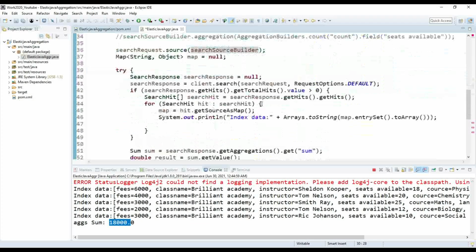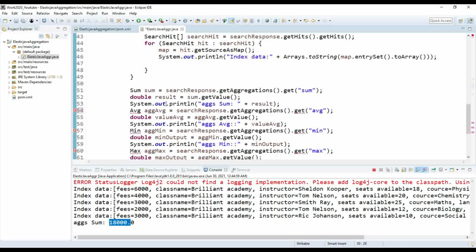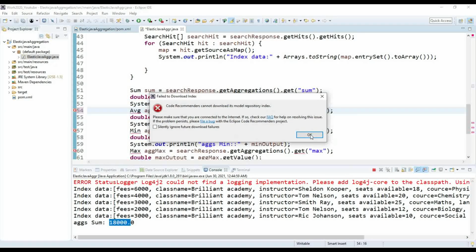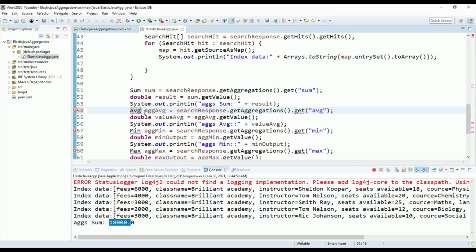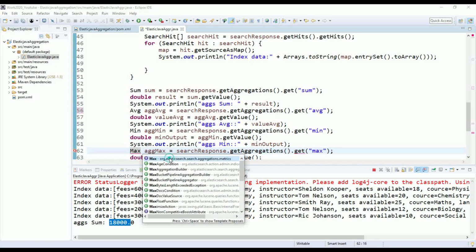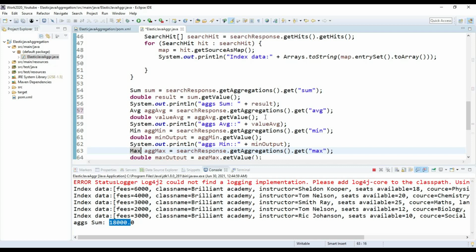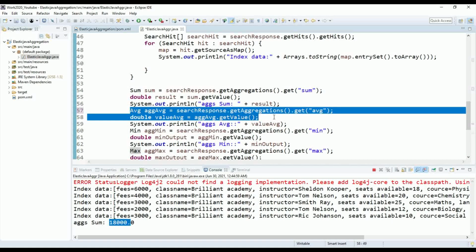I just have to import these predefined functions into Elasticsearch. Control space, import this, control space, import this. Same as sum, I'm doing averaging now. I'm using this average function of Elasticsearch, which computes the average of values in the current bucket.